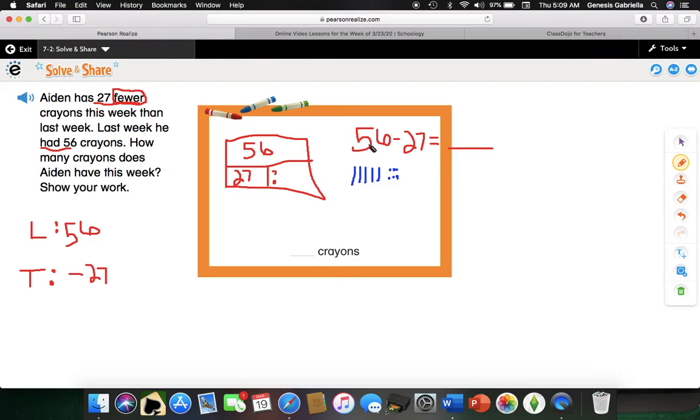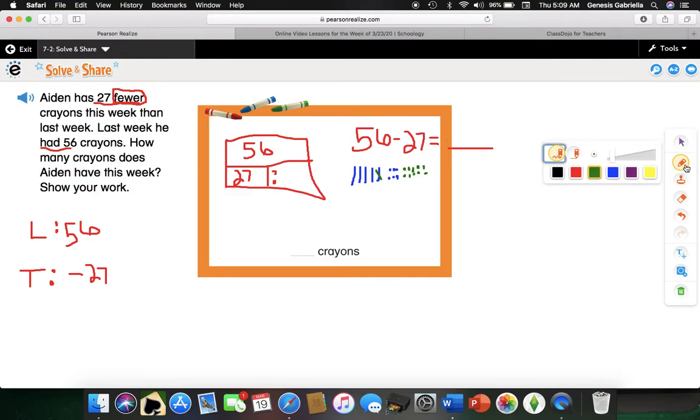Alright, now since this is a subtraction problem, I'm going to cross out. I'm not going to add the number 27. I'm going to take away 27. But we have a problem. We only have 6 ones, so I can't subtract 7 ones. So what I'm going to do is cross out a 10 and trade it for 10 ones. 1, 2, 3, 4, 5, 6, 7, 8, 9, and 10. Yay! Alright, so now that I have that, I can go ahead and cross out 7 ones since now I